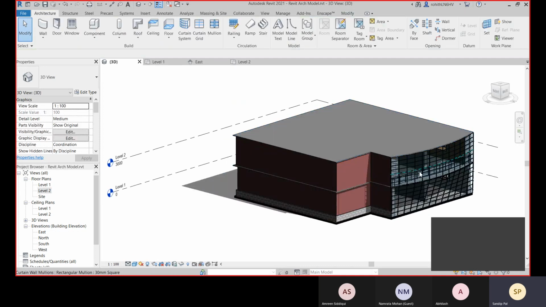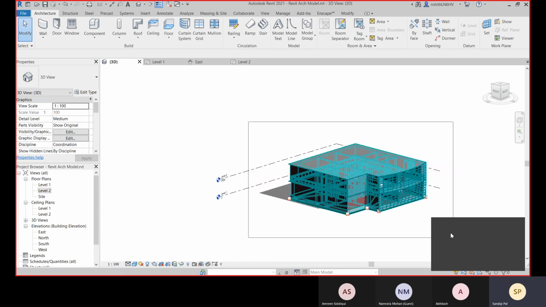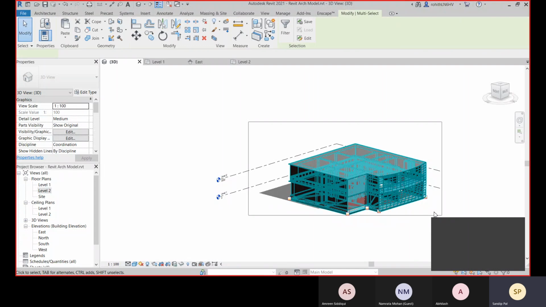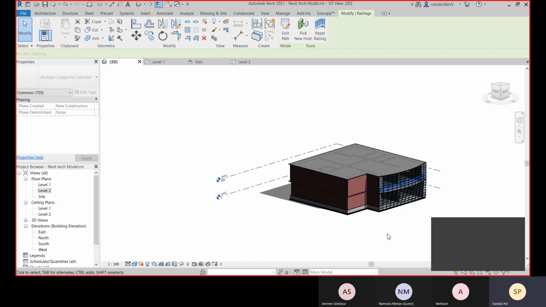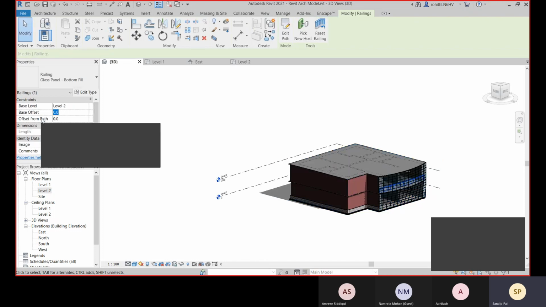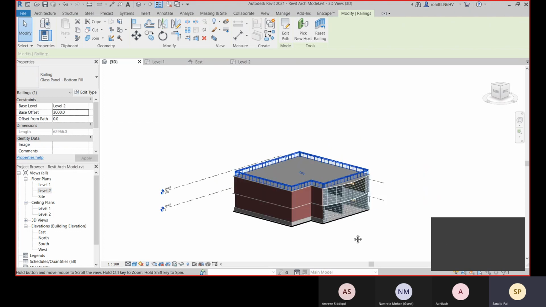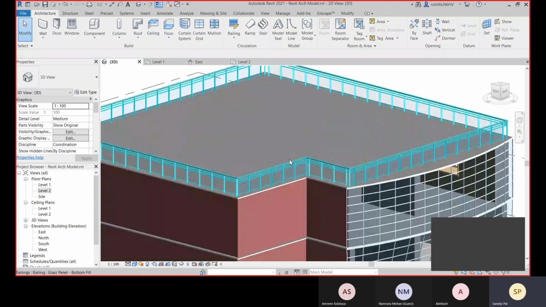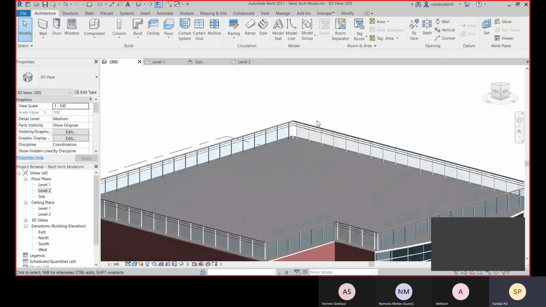So I will select this railing, select the railing only, apply OK, and give the base offset, that is 3000, and right now it's placed on the top of this. This way we can create our railing.